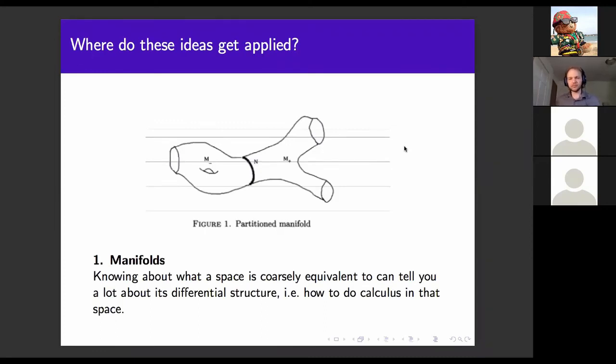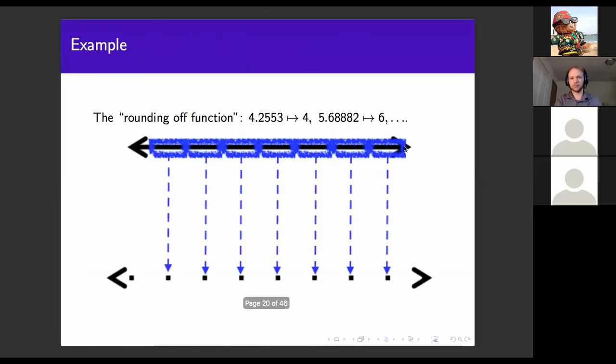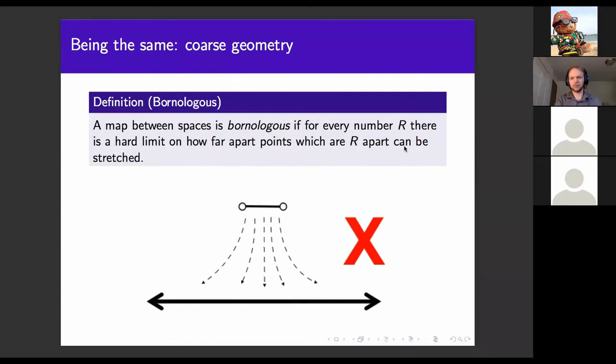And the term bornological that you mentioned, I think I've even forgotten, but this term is certainly an old term. Is it in a new sense that it has been defined in the beginning of 2000, or? Yeah, there's a confusing fact that a bornology is a different thing. A bornology is supposed to be an axiomatization of bounded sets, and again, for reasons which they shouldn't have done, they called these maps bornologous. And so bornologous and bornological are actually different things. Okay. Unfortunately. Thanks. Yeah. There are better words for this. I think large scale continuous is one of the better ones, but this is what we're stuck with.